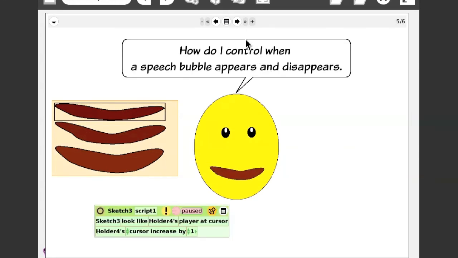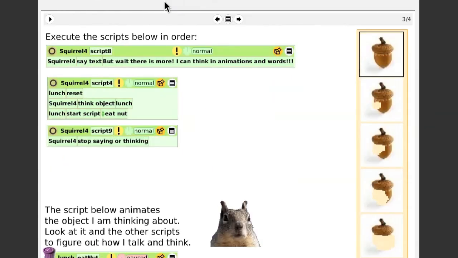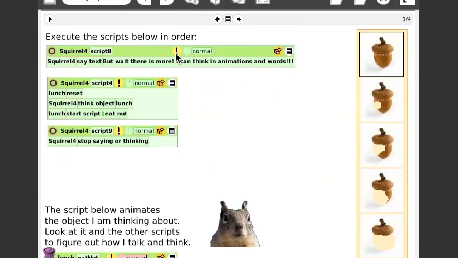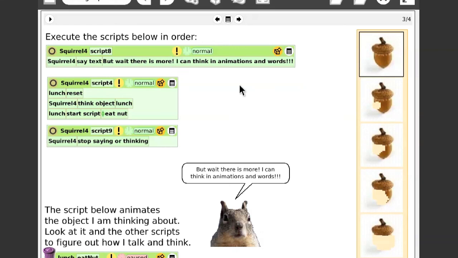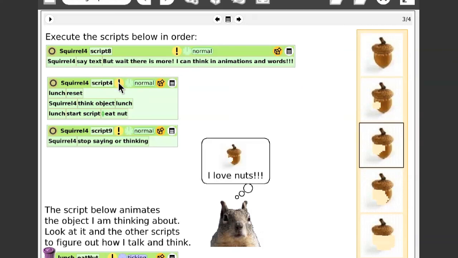And how do I control when a speech bubble appears or disappears? Well, it's basically what I showed you before. It's the stop thinking or saying. Now, another interesting thing is, while some people can only talk in words, and that's interesting. And as you saw before, I can also talk in pictures